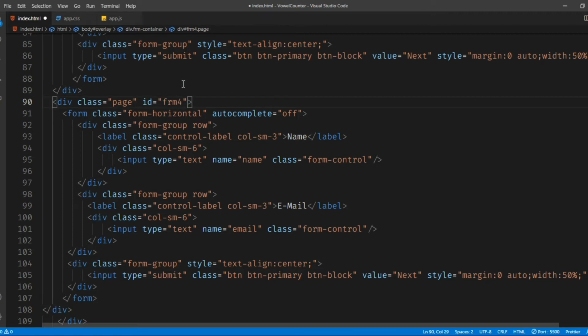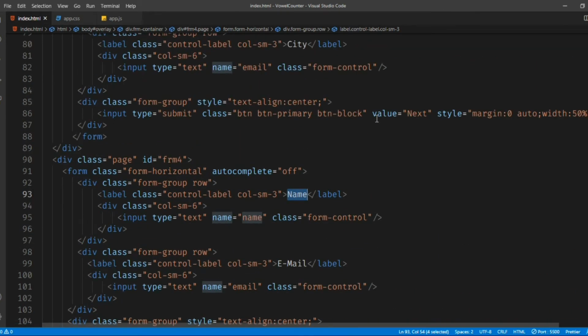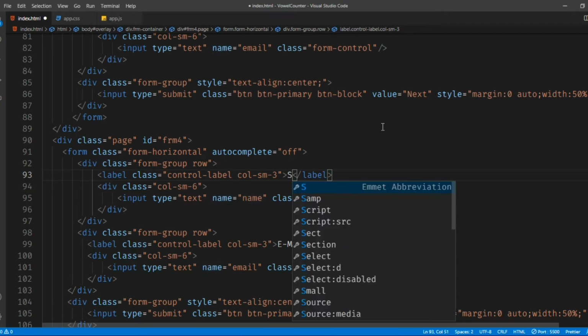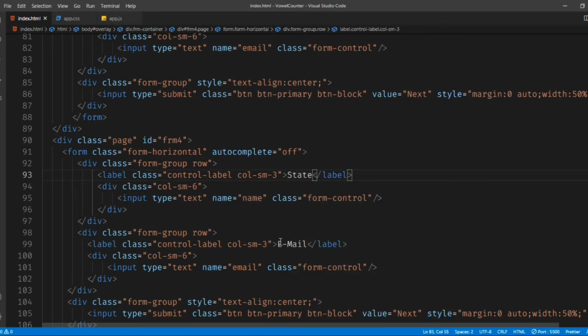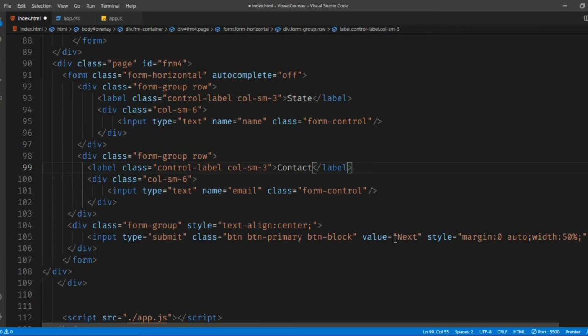This will be the form 4th part, and let me check here. Okay, let me give you the name of the state and contact. Right? At the end of this thing, instead of next, I'll be using submit.